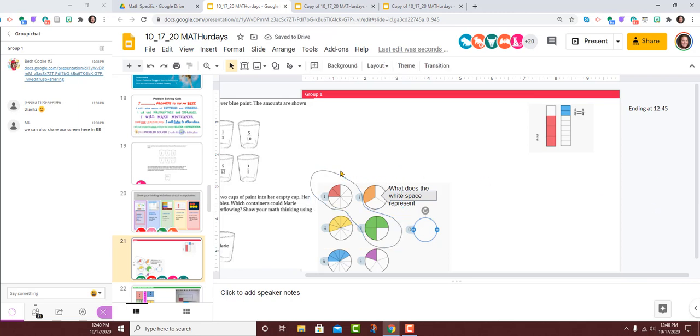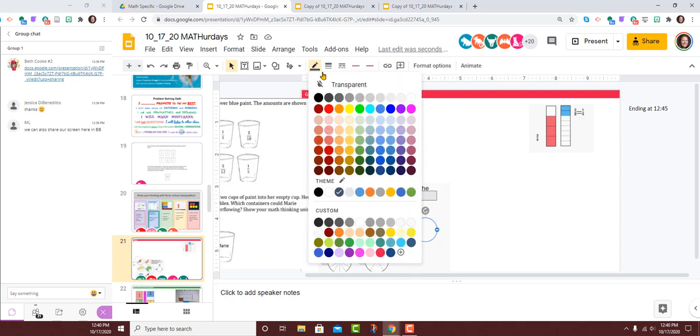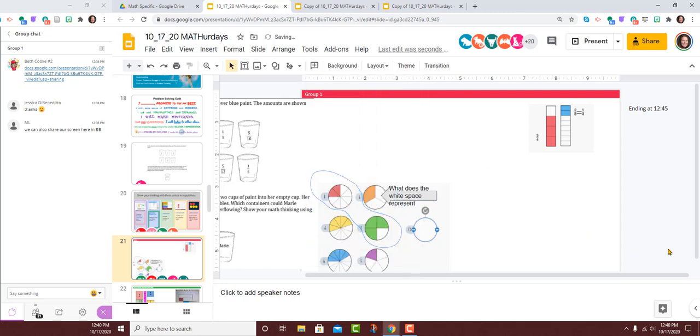So the red and the green cup, even though they're divided into different pieces, when I look at it, it looks to me like the red piece would fill in the white space of the green circle. Cool. So you're looking for, I would call that strategy maybe the puzzle piece strategy. It fits in. Does anyone see another two that could fit together?